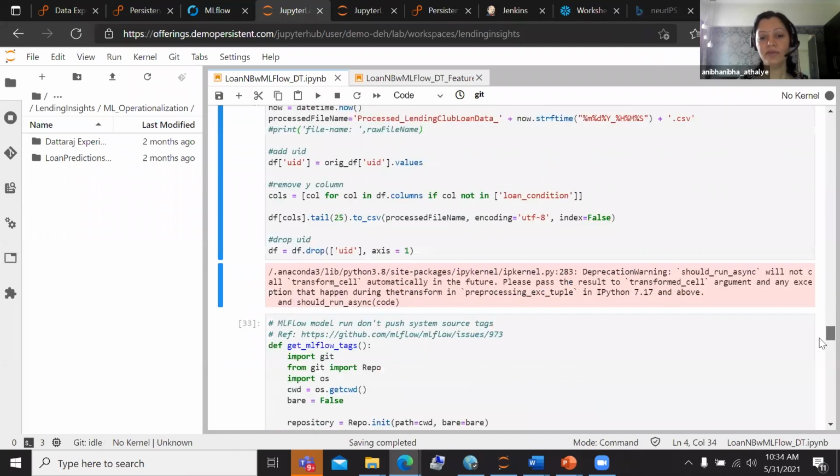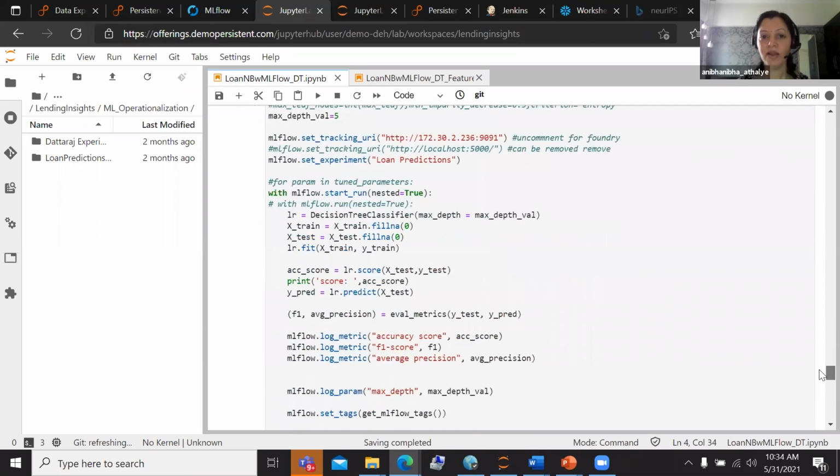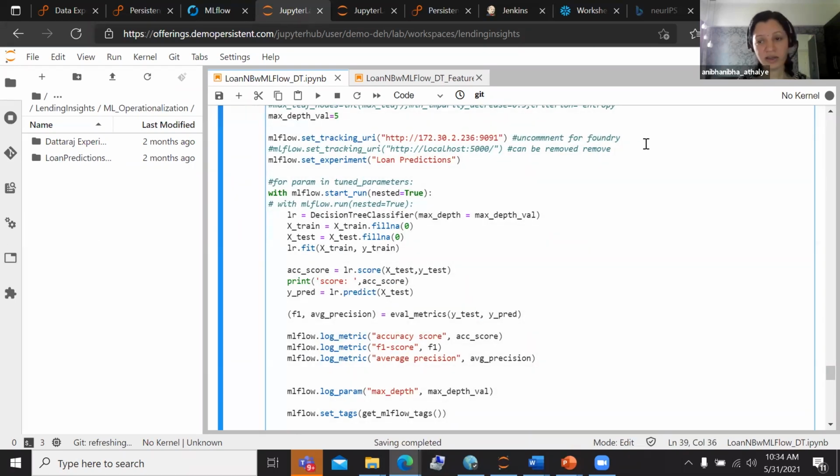Once I do this, I go forward and then I start logging all my parameters with MLflow. So using MLflow is very easy. MLflow can be used as a remote or as a local setup. Now, if you see over here, I am using a completely remote setup. This is the server where my MLflow is running. It is not necessary, especially when you are doing research at an individual level, for you to have MLflow running on a separate server. It can be running on your local server, in which case you can set the localhost as your tracking